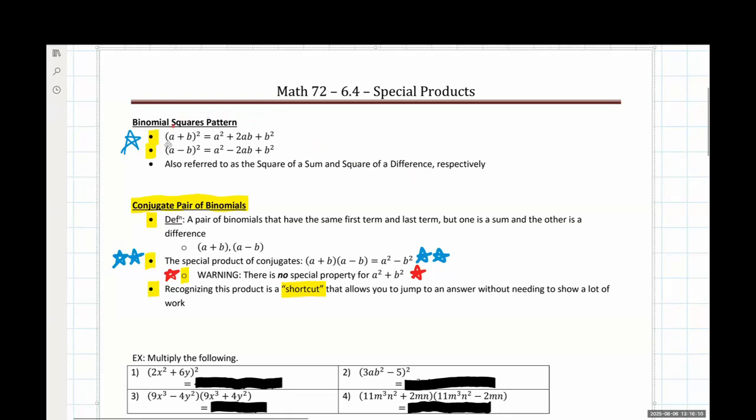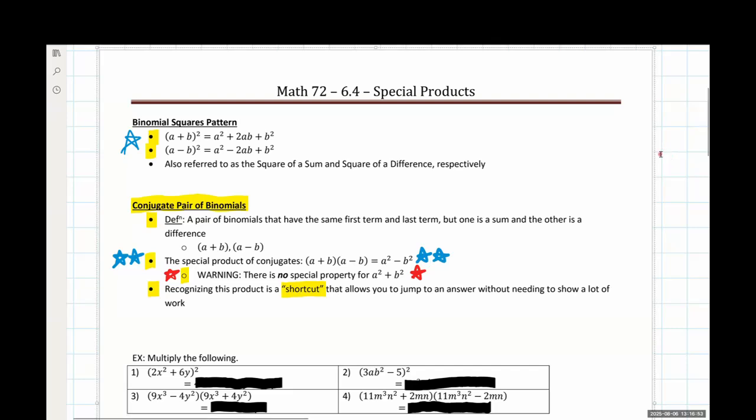Now, there are two ways you can do these problems. You can use this so-called shortcut, which I think is just a lot of memorization for two very niche scenarios. You can do that if you would like to. Or you can expand these things out, use the distributive property like we did in the 6.3 material, and get to your answer that way. A lot of people tend to prefer showing the work and doing the distributive property compared to these two shortcuts, and that's perfectly fine, perfectly acceptable. It might take a little bit longer, but it's your call, there's nothing wrong with that.